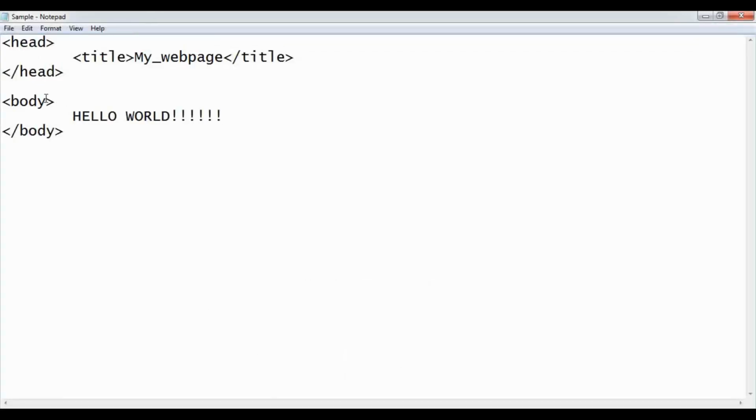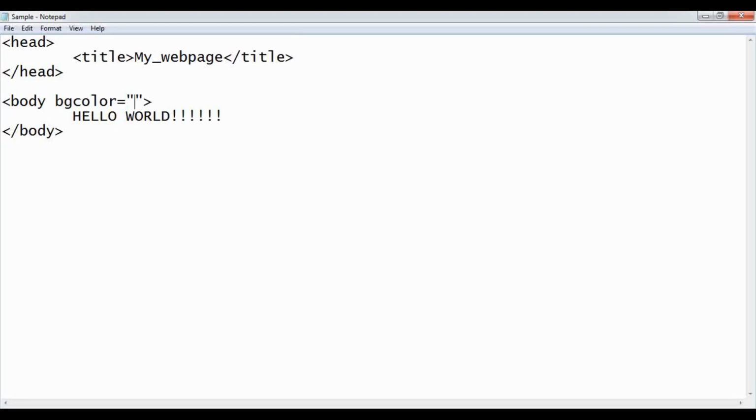Now children, if you look here, my web page looks very blank. If you see the web pages on different websites, they are very attractive and very appealing. So to add different properties to your web page, you will write these properties in the tags and these properties will be called attributes. If I want to add anything to my body, I have to type it inside the body tag and that will be called an attribute of the body tag. So now let me add a background color. The attribute to add the background color is bgcolor and the name of the color is the value of the attribute.